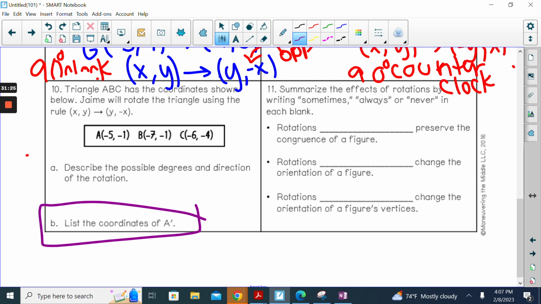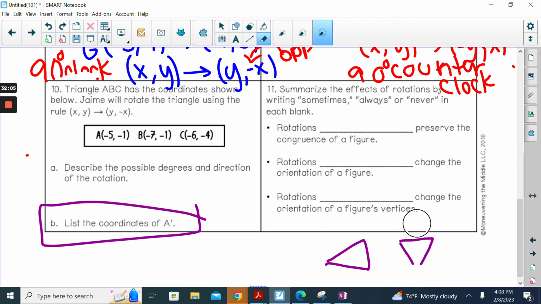And this is just thinking about how it works. If I rotated an object, am I going to change the size of it ever? So will it sometimes stay the same size? Will it never stay the same size? Or will it always, when I rotate it, stay the same size? Think about orientation of a figure. We've been talking about this. We had an example yesterday where the triangle was slightly to the right, and then when we mirrored it, it was slightly to the left. And it did not